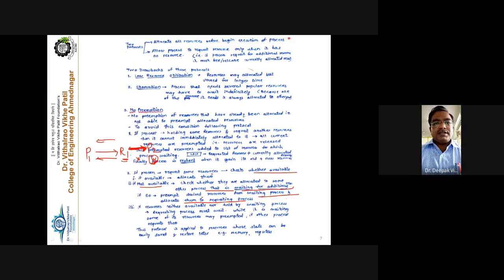The second case: if the resource is neither available nor held by a waiting process, it means it is not available and it is not being held by a waiting process, so the requesting process must wait. Now it has to wait here. This process is currently in a running state. Say for example, here P2 is not in a waiting state, but instead it is currently in an execution state or a running state.